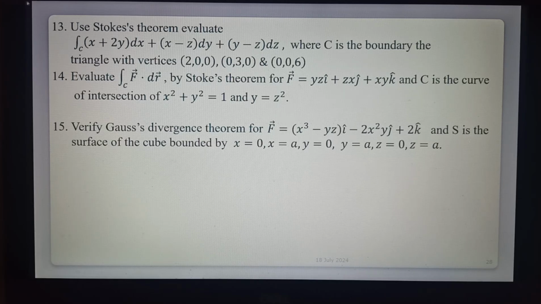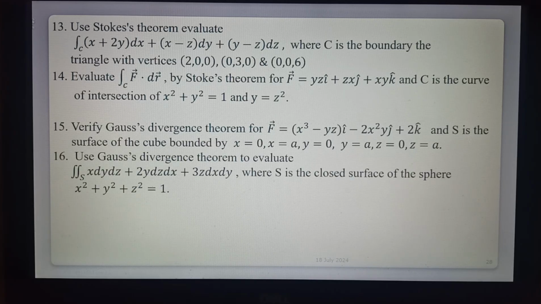So next one, use Gauss divergence theorem to evaluate the given surface integral. We have to find the surface integral by using Gauss divergence theorem, which is converted to the volume integral of divergence of f bar. We have to find the volume integral. Okay. So next one,